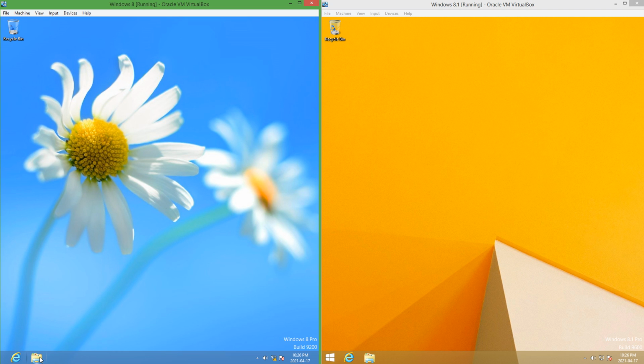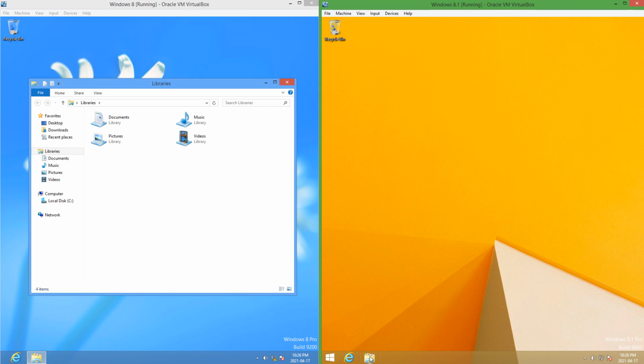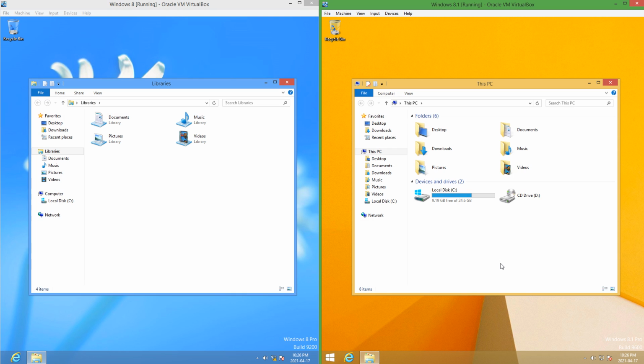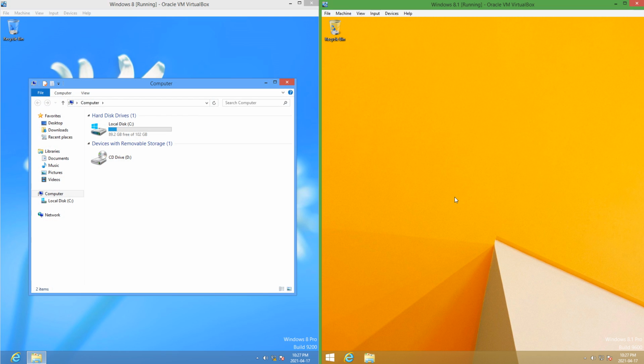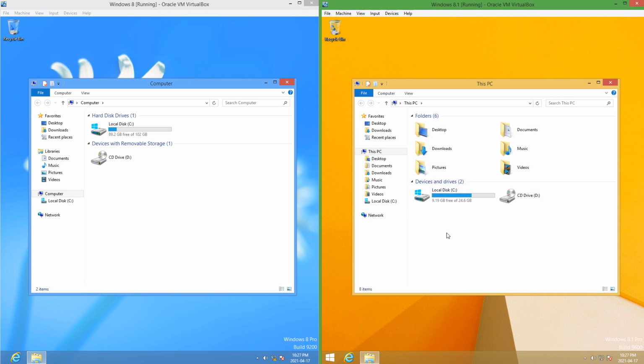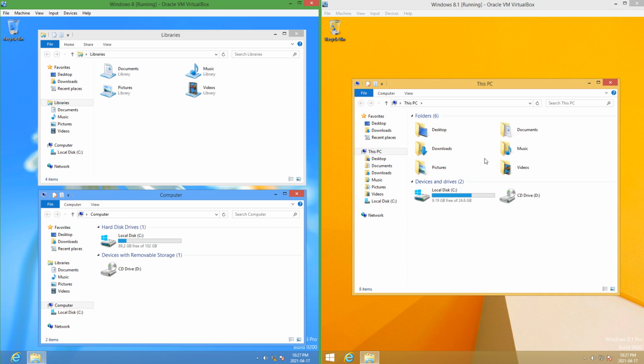In Windows 8 when you click the File Explorer icon it opens to Libraries. In Windows 8.1 it opens to This PC. In Windows 8 when you press Windows key plus E it opens to Computer. In Windows 8.1 it opens to This PC. This PC is a combination of both Libraries and Computer because it has both the folders from Libraries and the